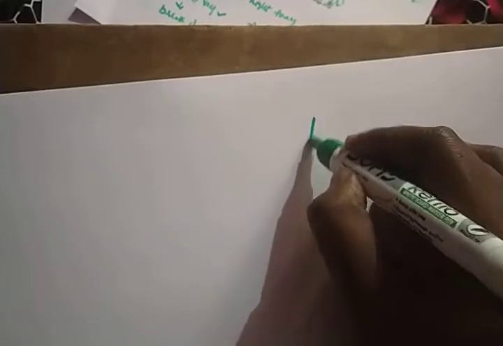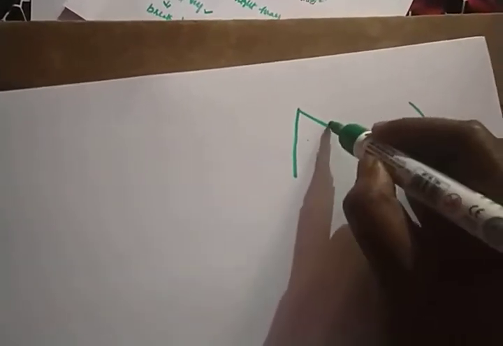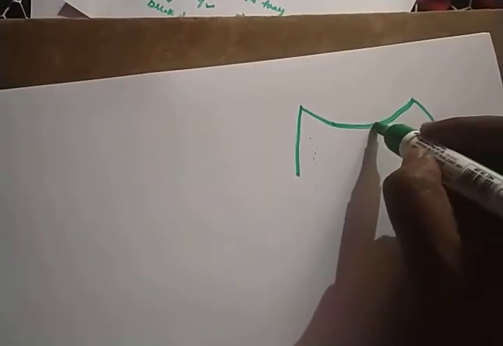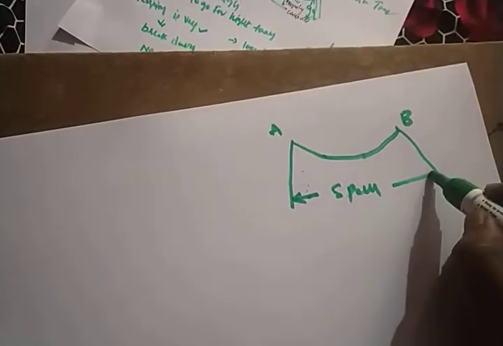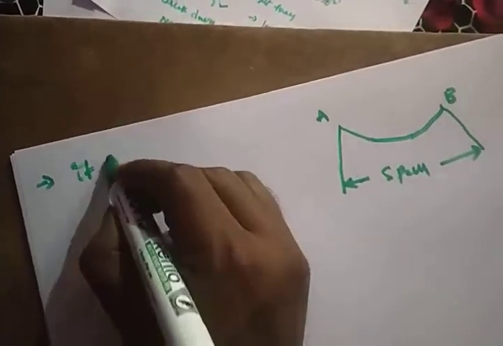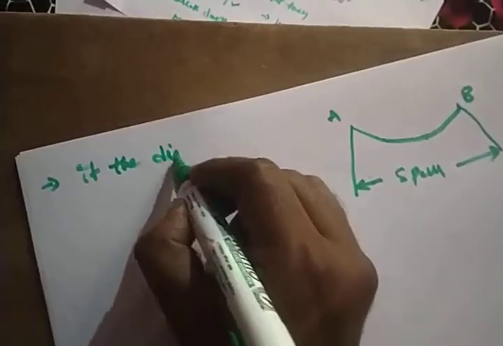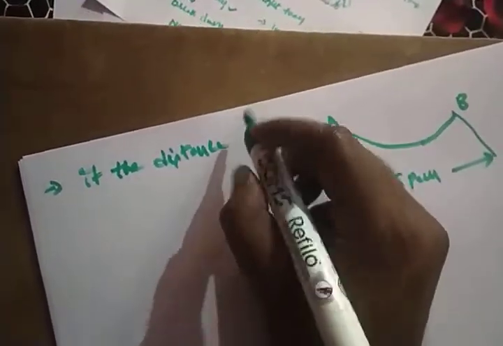Right, so these are the towers, right? We are placing the transmission lines, right? So we are placing the transmission line A, B. So this is called a span, right? Between the two towers, the distance between the two towers, we can call it a span, right? If the distance, means span,